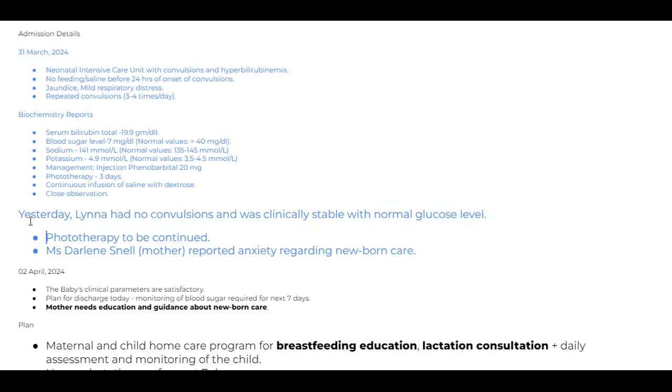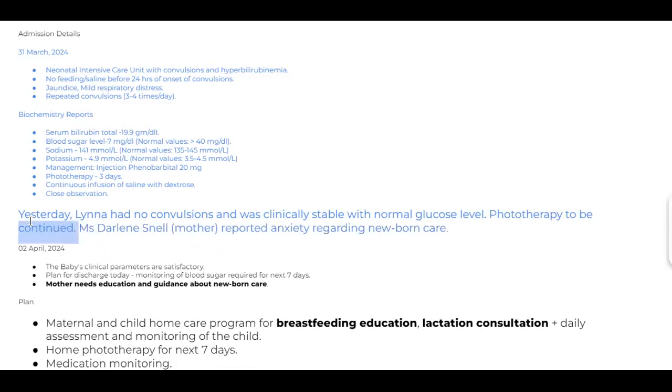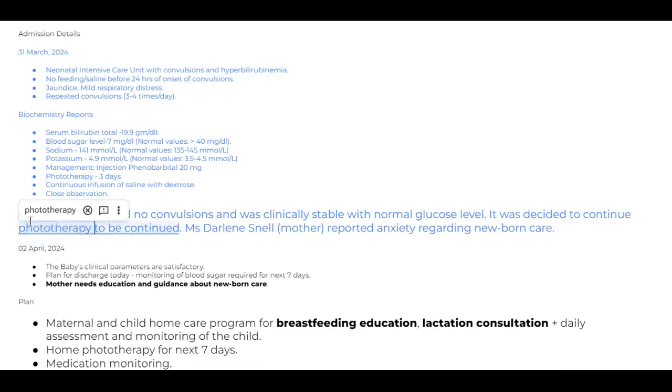Level or levels, fine. To be continued, Miss Darlene Snell's mother reported anxiety regarding, okay, so to be continued means it was decided to continue phototherapy, yes,